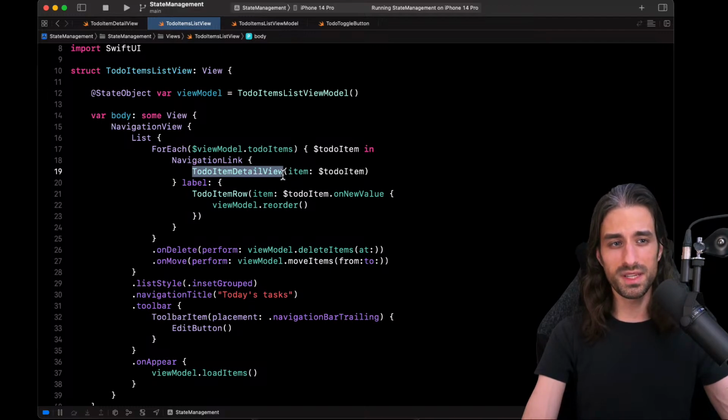That makes things a little bit more difficult. To make a comparison, in UIKit, if you use Storyboard for navigation, you use segues, and you say I want to trigger this segue, but the source view only needs to know about the segue and not the destination view controller itself. Here we don't have this